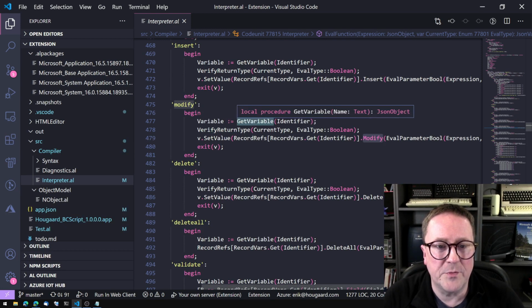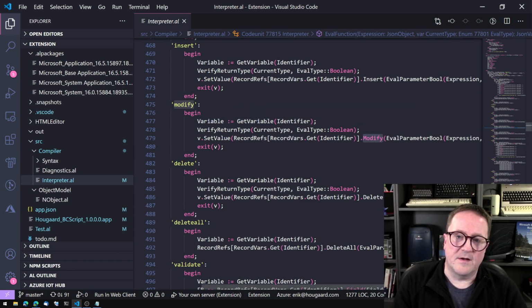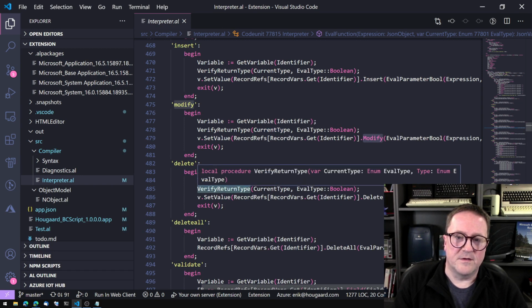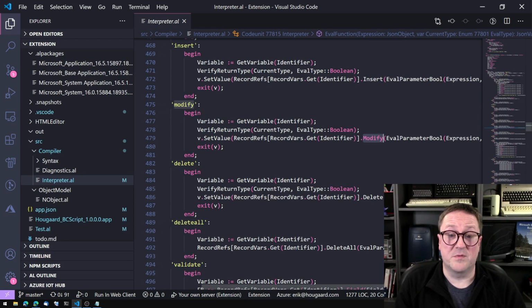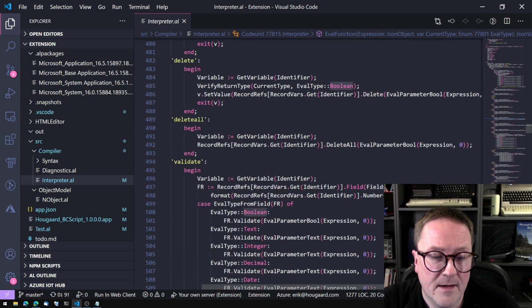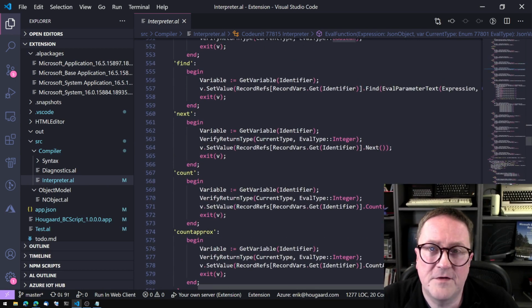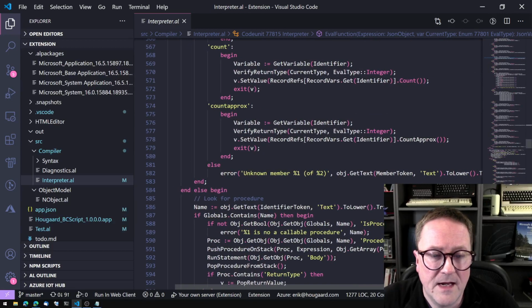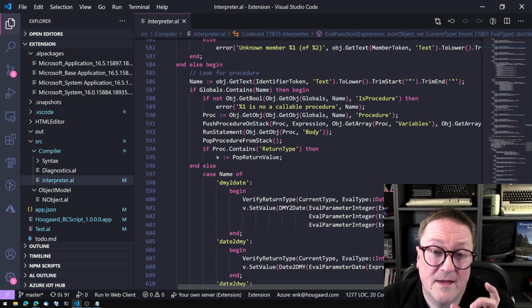And then the rest of it is kind of get the variable, figure out that the return type is correct, and so on. So if we're using the modify inside an expression, well, it will only work if the expression is Boolean. So the type checker would make sure of that. So those are, you see, there's a bunch of dotted functions here. If it's not a dotted function,